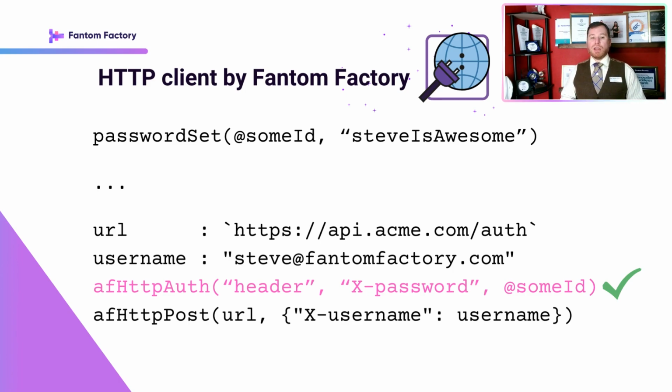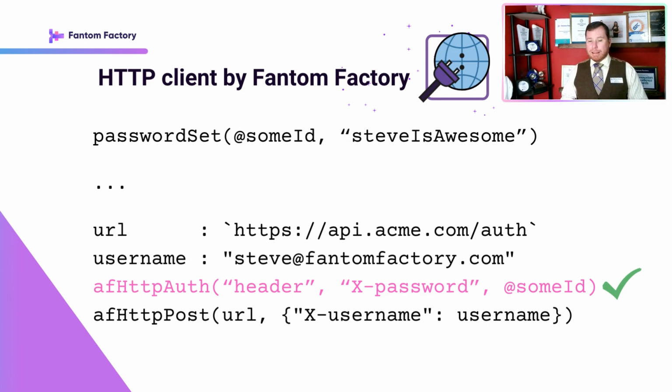So to do this, we use the standard Axon function for storing data into the secure store. This is the password set function. But please, please, please do this in an Axon shell. Don't put this into your Axon function, because otherwise we're just storing your password in plain text again. So once it is in the secure store, we can then use one of HTTP client's many authentication mechanisms to retrieve that password from the secure store and use it in our HTTP request.